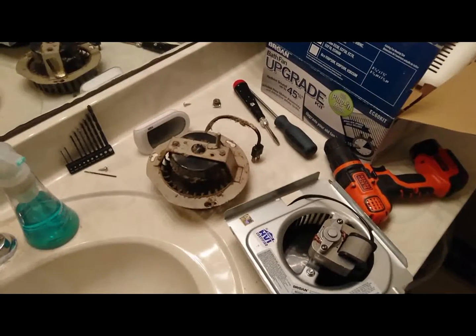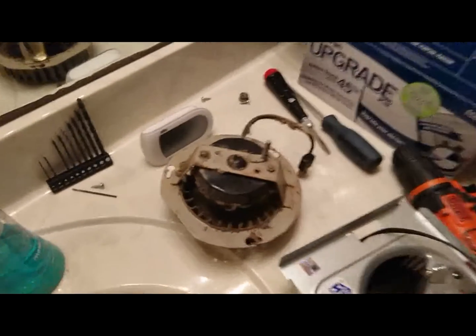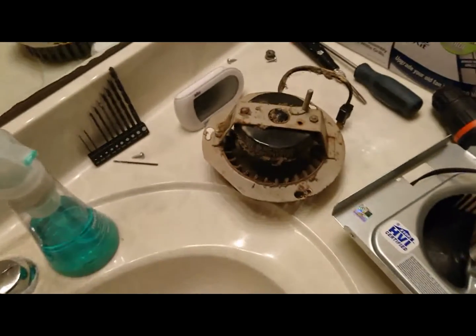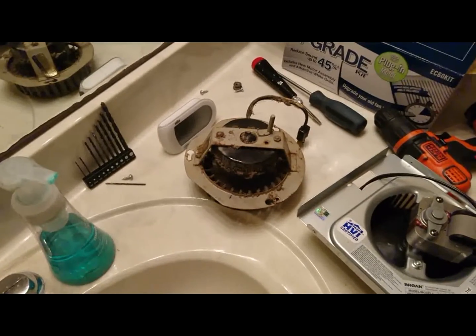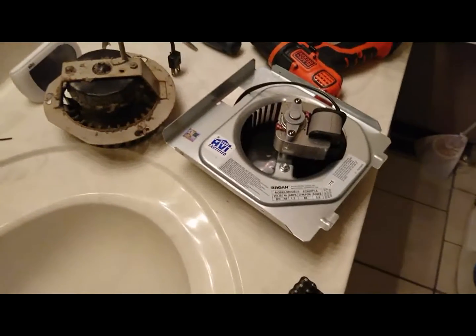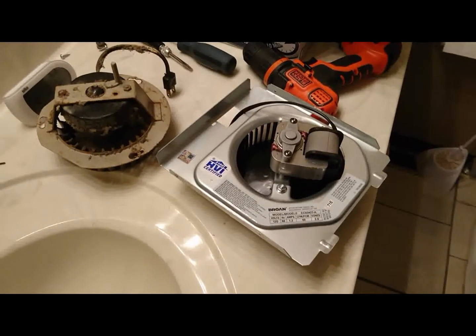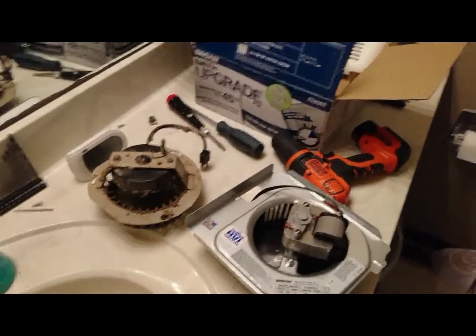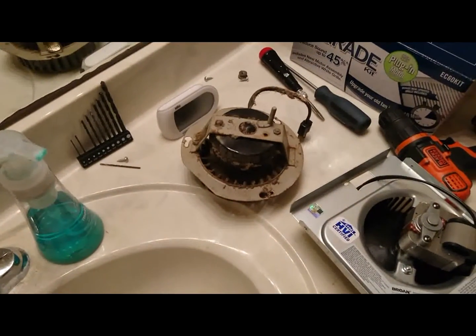Hi there, I am replacing my old bathroom fan. It is a NuTone 681C, quite old and not really easily found in hardware stores nowadays. I managed to find this Broan EC60 Kit A, which doesn't actually officially work to replace the NuTone that I had, but it does fit in